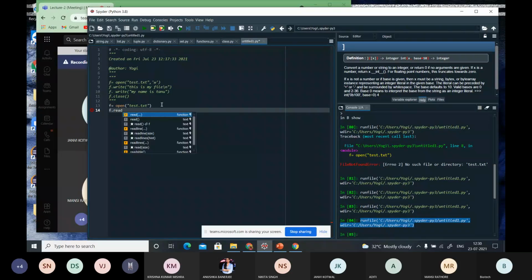Now for reading, we can mention the number of characters by using this read function. The read size we can mention, that is how many characters we are reading from the file. So suppose I mention 4 here, what will happen?